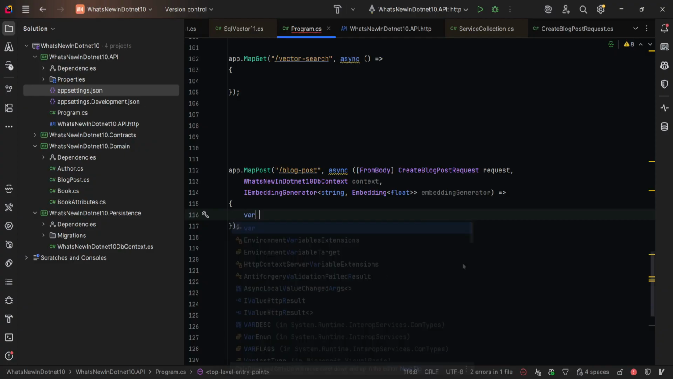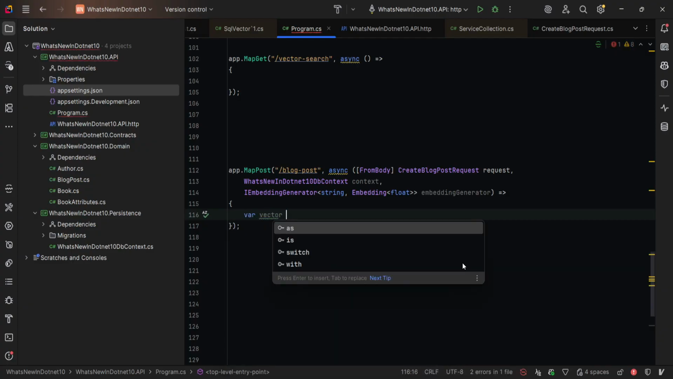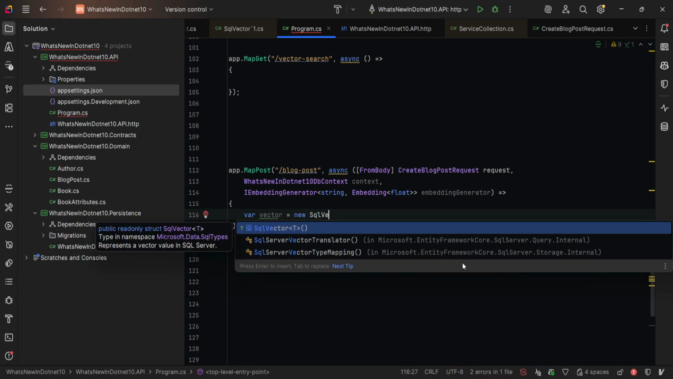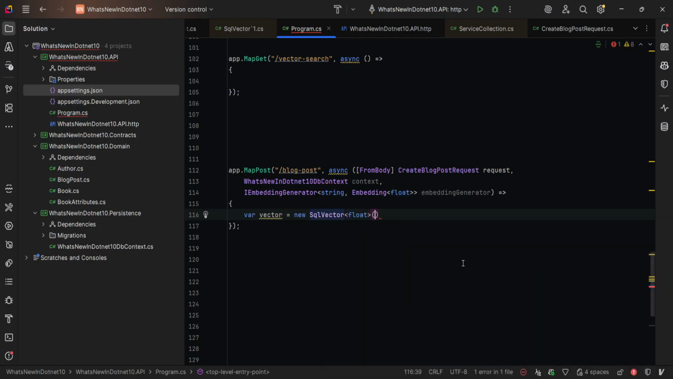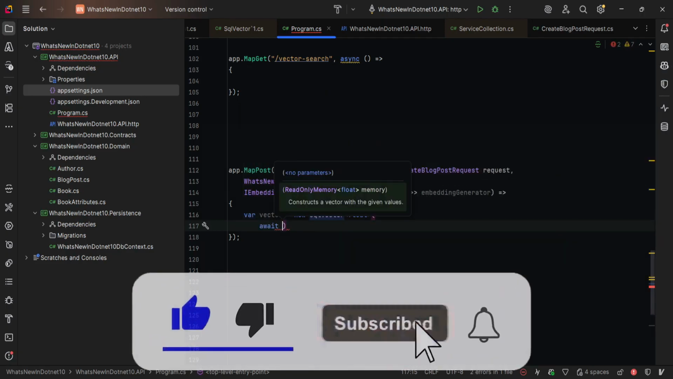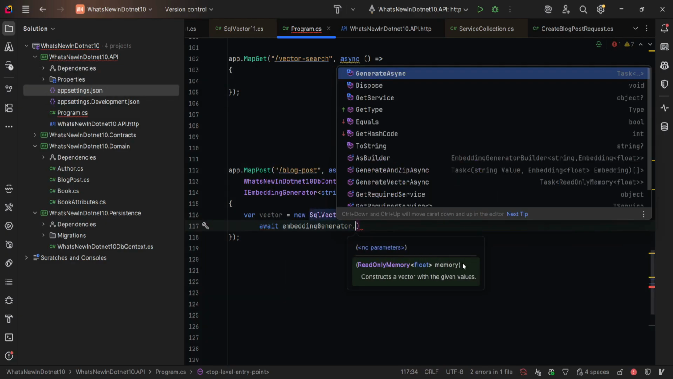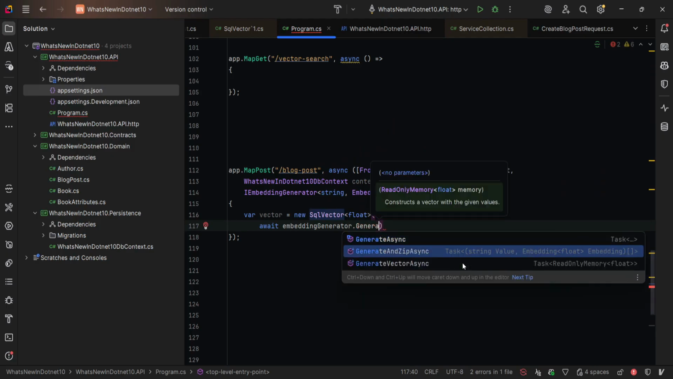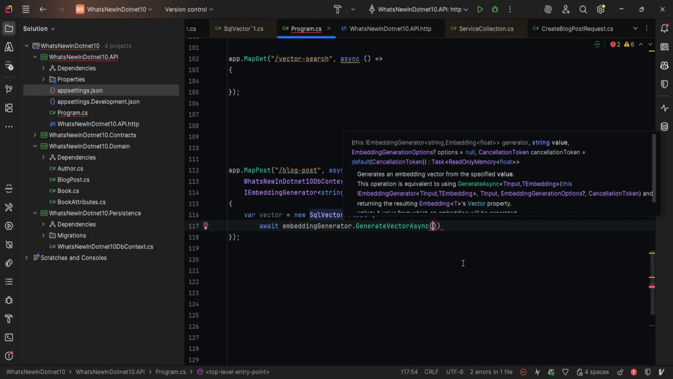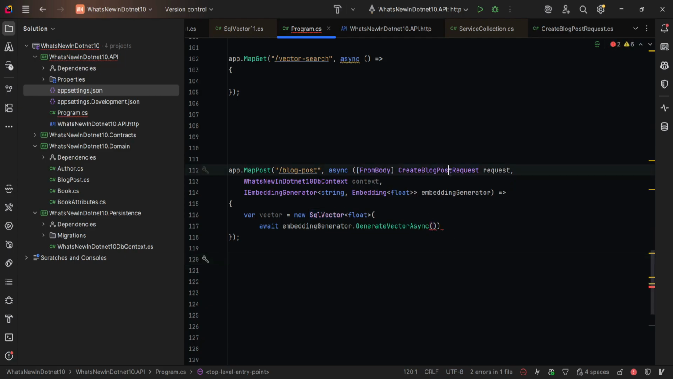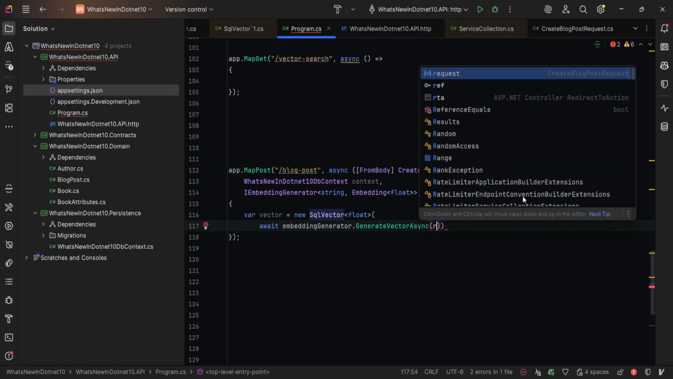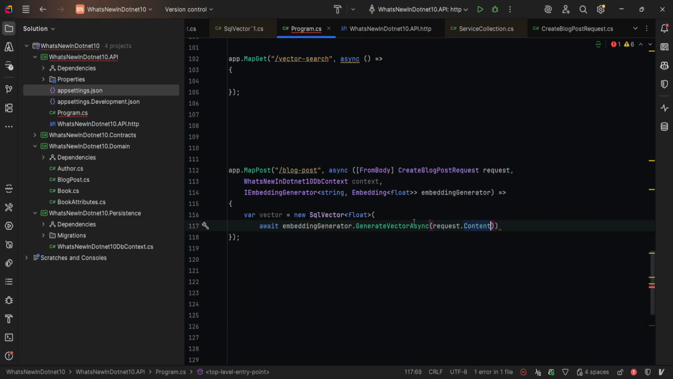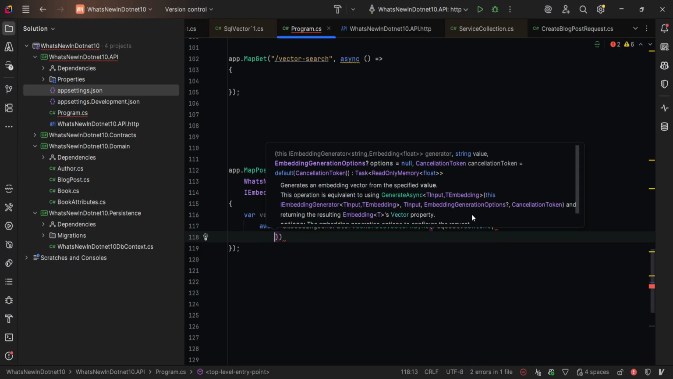And now I will type as follows. So var vector, because we need to generate the vector, it will be equal to the new SQL vector of the type float. And inside of it, we'll use the following function. So it will be await embeddingGenerator.GenerateVectorAsync method. We need to provide from the create blog post request the text, so it will be the request.Content, and the second parameter will be the new